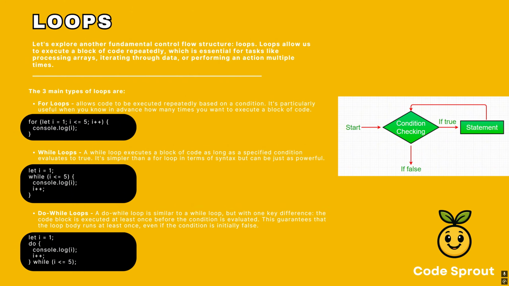For loops allow your code to be executed repeatedly based on a condition. It's particularly useful when you know in advance how many times you'd want to run or execute a block of code. For all three of these coding examples here, we simply have a variable i which is equal to 1. And through the loops, we will print the values 1, 2, 3, 4, and 5, all through a simple single